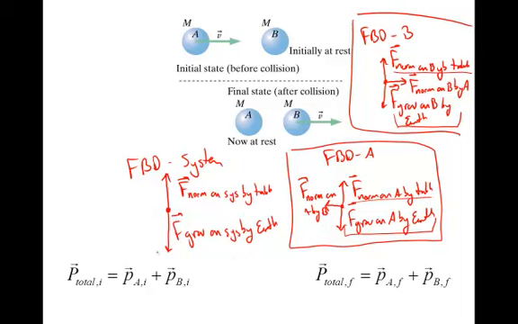Now, we need to be careful because the same cannot be true of velocities or other properties. But for momentum, the sum of the momentums gives us the total. Like I said, the same cannot be said of velocities. That's part of the reason we like momentum, because momentum is a property that turns out is conserved. And so it does have this property that we can just add up the parts to find the whole. Hopefully this will help you in dealing with some of these